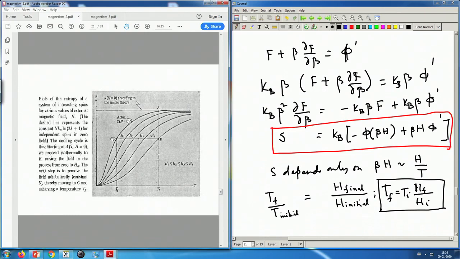for S, for example. Remember the simple theory that we have been doing tells us that if you keep your H equal to 0, then of course there is no temperature dependence at all. So, that is a dangerous thing, because that will violate the third law of thermodynamics. That means that simple-minded calculation that we are doing, that it depends only on beta h, has to give way at some point, at very low fields or very low temperatures.